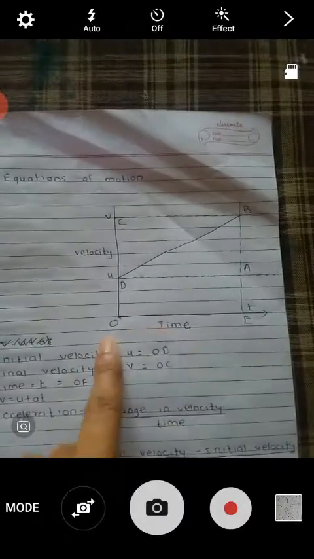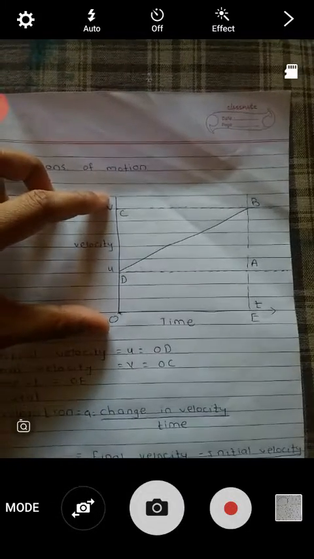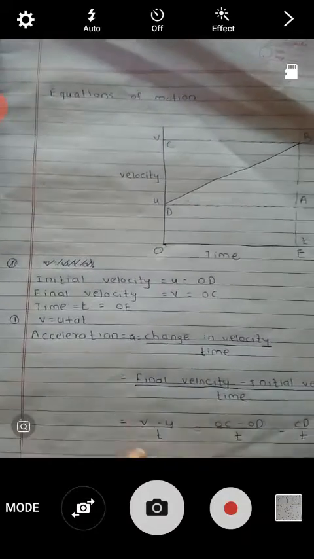What does this line represent? This line represents time. Okay, this line BC, AD and OE, all these three lines represent time. These vertical lines, total BE, this total vertical line, and this vertical line CD, these two represent V. This is V, this is T, and this is U. That means this part represents initial velocity u. Is it clear? If this is clear, then we will go for the derivation. We have to derive this equation v is equal to u plus at.